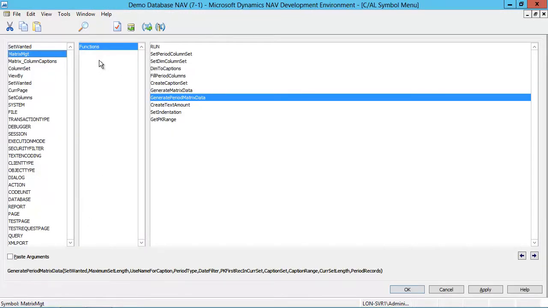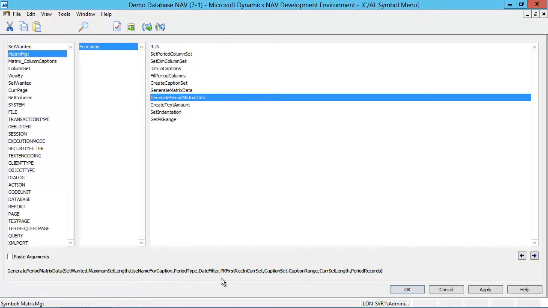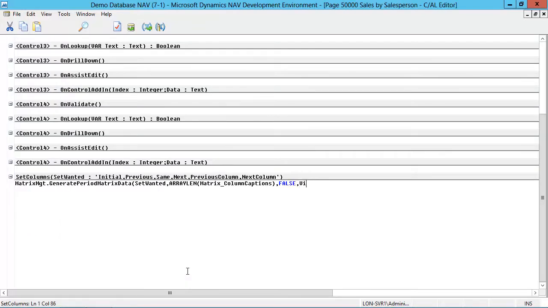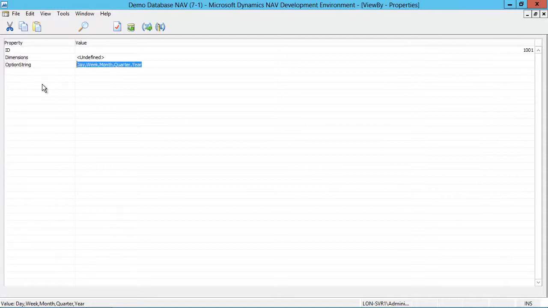Then my next step is to specify whether I want to use the names for captions. I do not, so I will pass false into that one. Then my next parameter is period type. This is view by. Let's take a look whether my view by values, which are day, week, month, quarter, year,